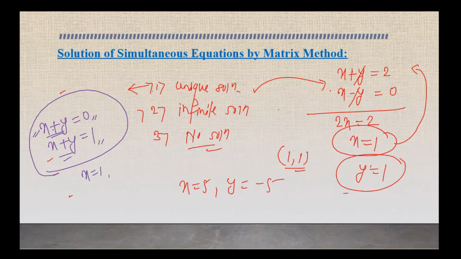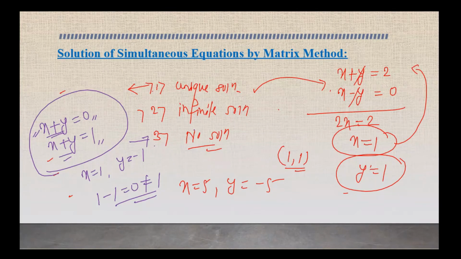Let's look at this matter: x is equal to 1, y is equal to minus 1. And if you put x is equal to 1, y is equal to minus 1 in this equation, we get 1 minus 1, which is equal to 0. But it is given that the right side is 1, so it does not satisfy the second equation. It means these two equations are not balanced. So this type of problem has no solution. So there are three cases to obtain the solution of an equation. One is unique solution, second is infinite solution, and third is no solution. So these are the basic algebra which we learn in school.